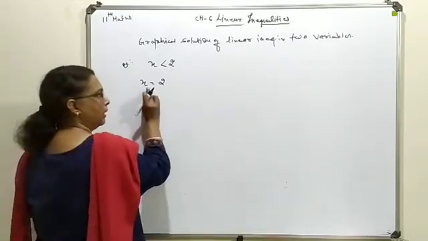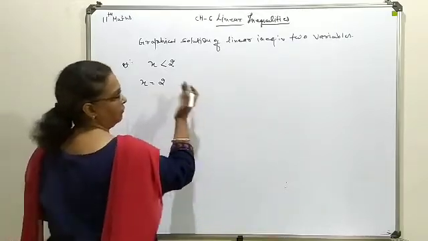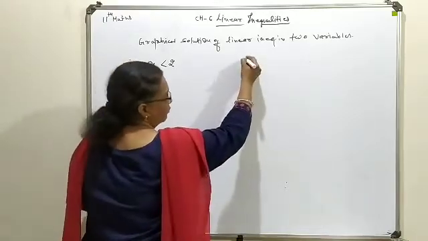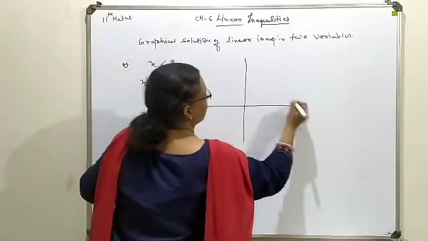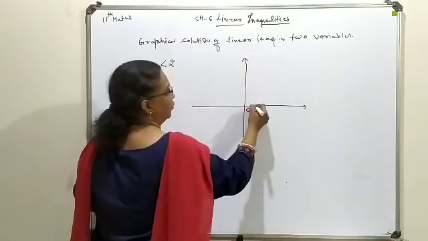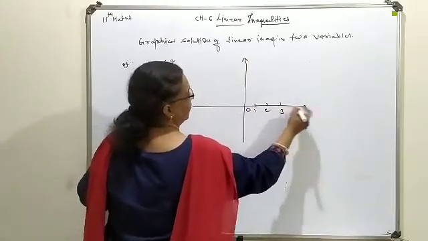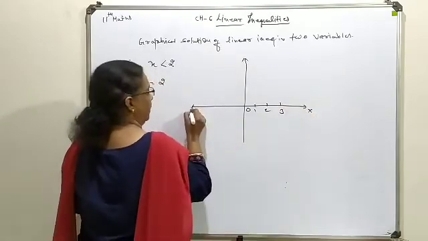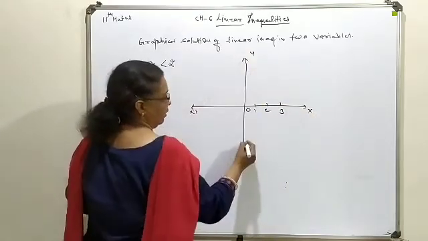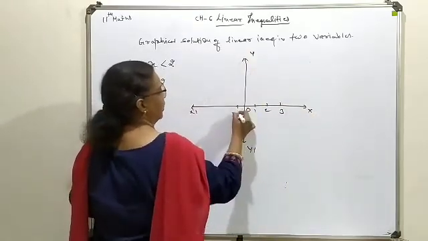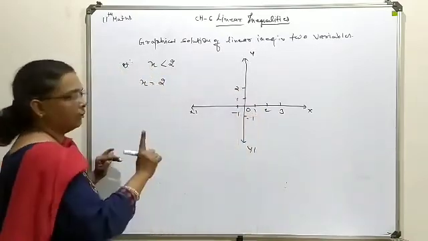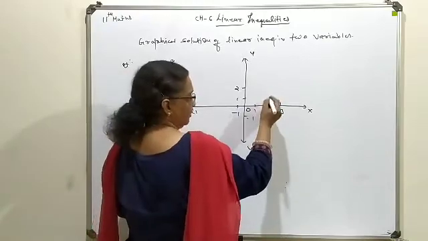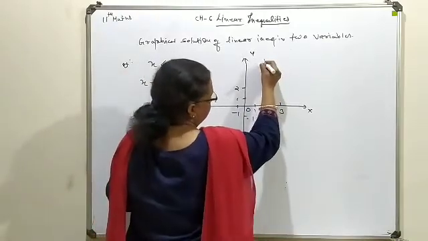So first of all, represent this line on a graph. For that, no need to find any required points. So this is your basic 1, 2, 3. This way you are having x, x dash, y and y dash. This is your minus 1, 2, minus 1 like that. x is equal to 2 means here you will have a line.